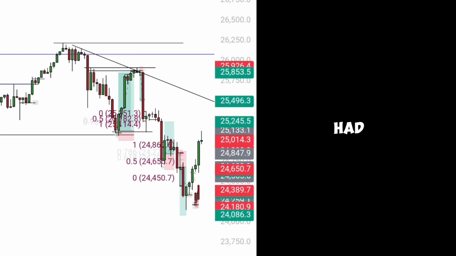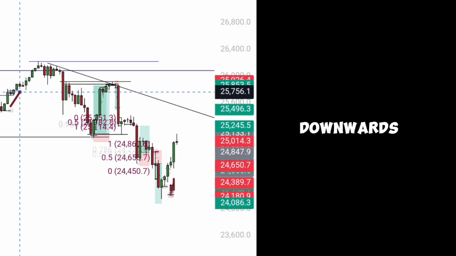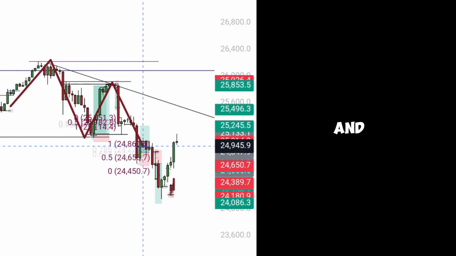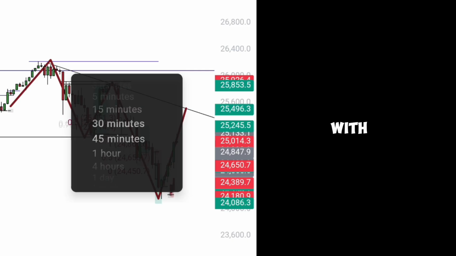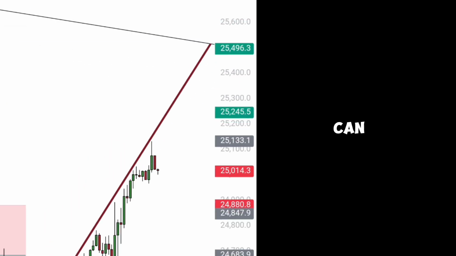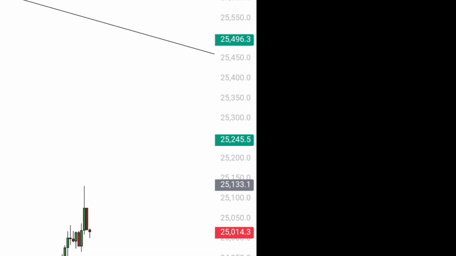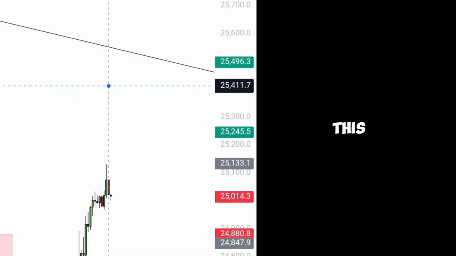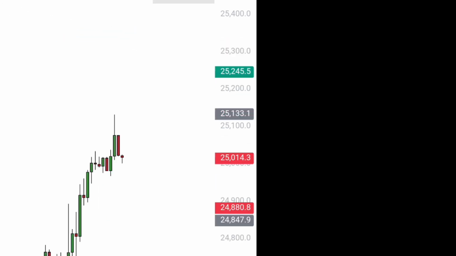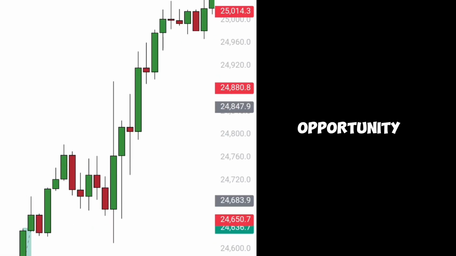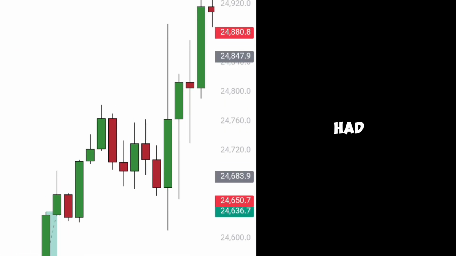So we have had a push upward, downward, upward, downward, and then we are likely going to push upward right there. With the idea that we are pushing upward, we can now begin to look for opportunities towards that area, which is this. So let's see if we can find any low, any opportunity towards that area. So in this case here, we had